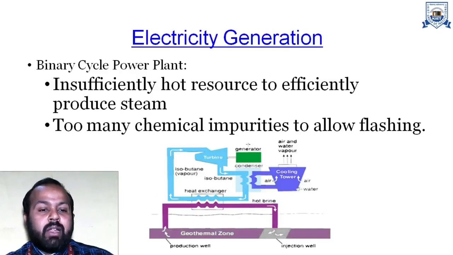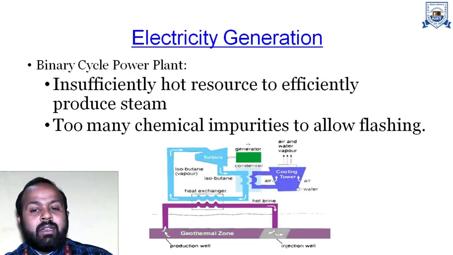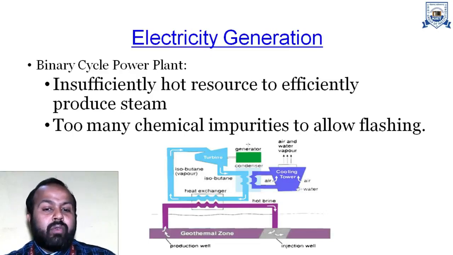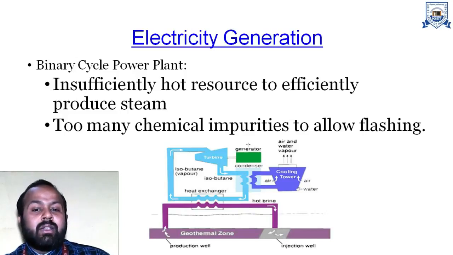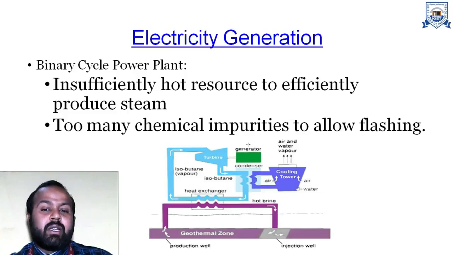We connect a heat exchanger at the production well. The hot brine solution comes out from the production well and is again injected into the injection well. The heat exchanger is connected and isobutane is circulated in the turbine assembly. Heat is taken from the brine solution, the isobutane vaporizes in the heat exchanger, and after vaporization it rotates the turbine. After rotating the turbine, it returns to liquid form, and this liquid is circulated. To cool down the isobutane, we use a cooling tower in the attached assembly.